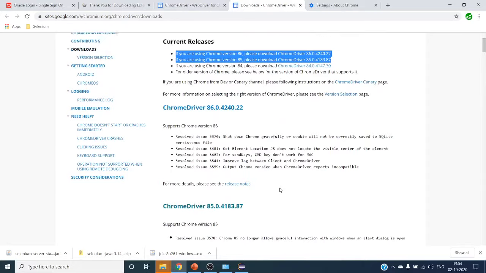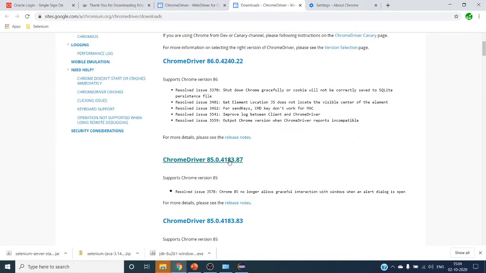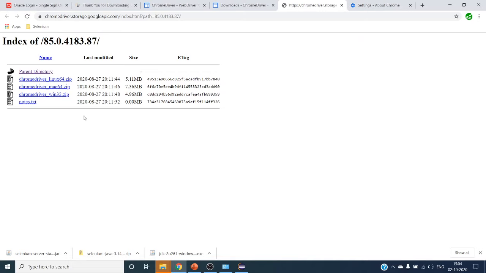If you click on the particular link you want to download, you go to that folder where you can see the drivers for all different OS versions. This is for Linux, this is for Mac, and this is Chrome driver Windows 32. Don't worry about Windows 32, it will work with 64 as well. Just click on this zip file and it will start downloading.